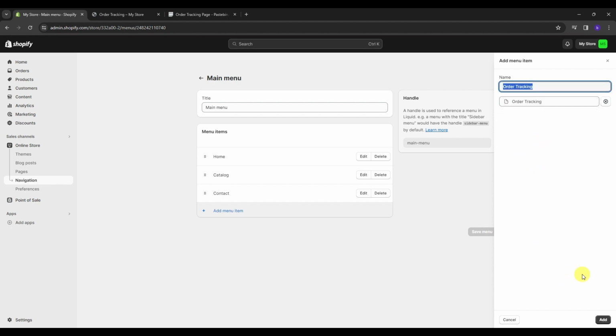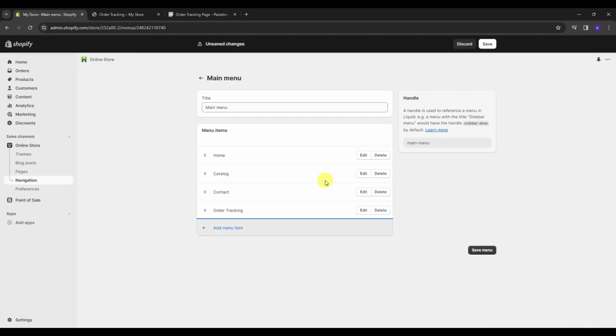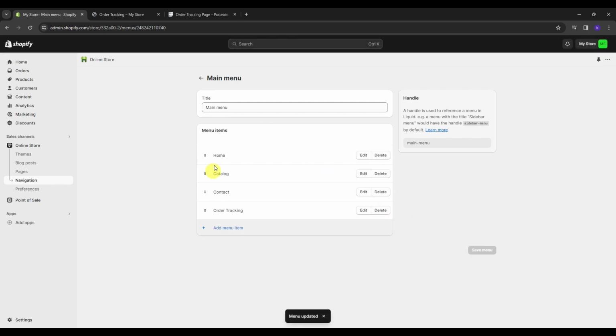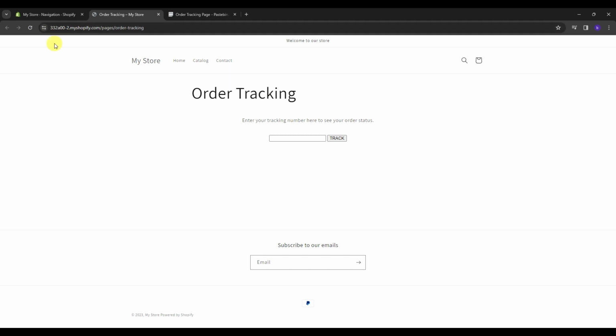And then once you're done, on the bottom right corner, hit the Add button and it will be added to your menu item shortly. Afterwards, just click the Save menu over here to save the changes. And now let's go back to the other tab and check if it's added to the menu bar. You're gonna need to refresh this tab first, and perfect, as you can see it is now added to your